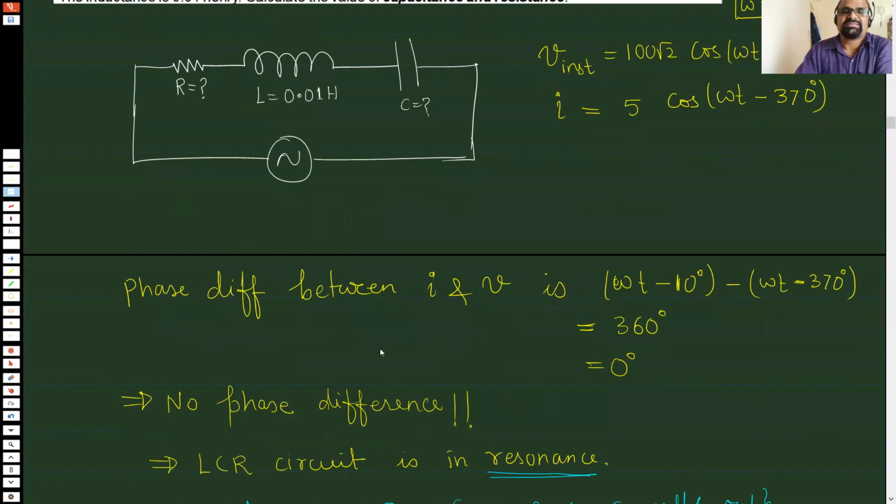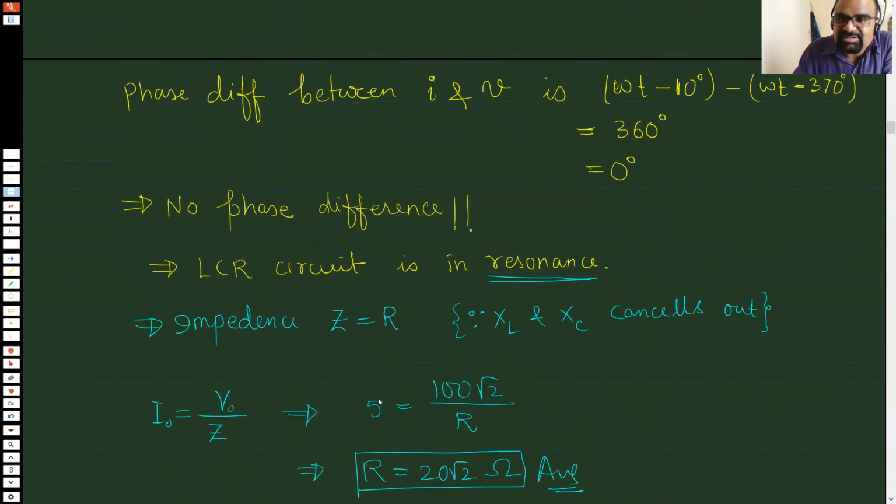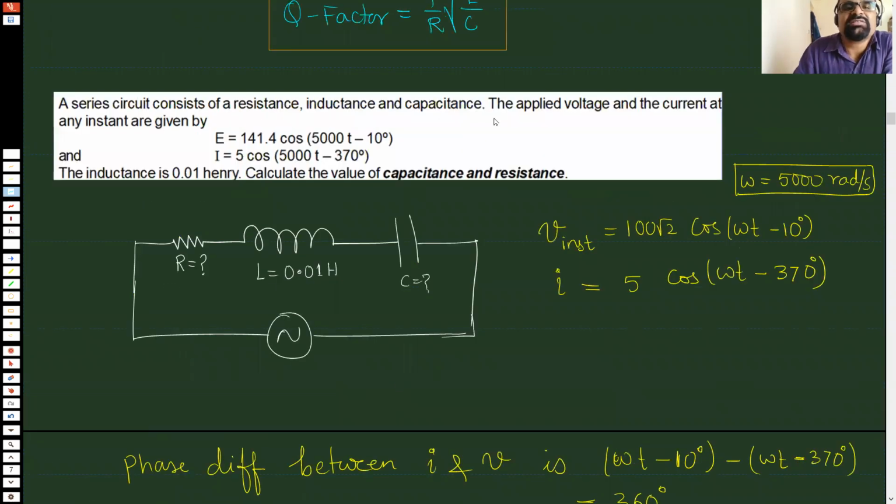Now, next you have to find the value of capacitance also. Resistance we found, the value of inductance is given, we have to find capacitance. Don't forget that they are in resonance. Now that was the main thing. Actually, in this question, if it was given that the circuit is in resonance, everybody would have solved it. So it did not give directly that the circuit is in resonance.